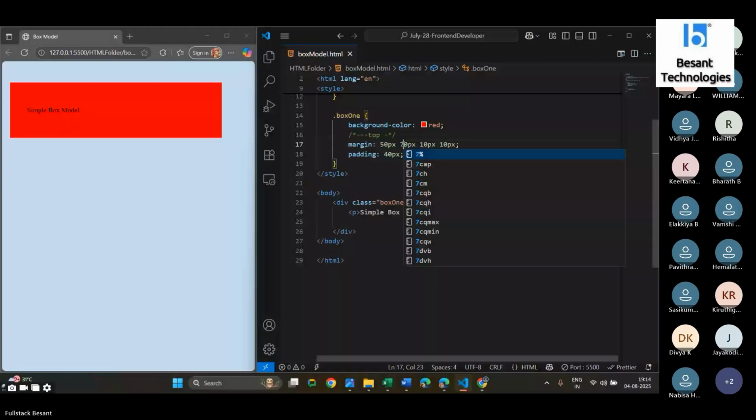Right side. Here I'm increasing the padding. So to see the difference,